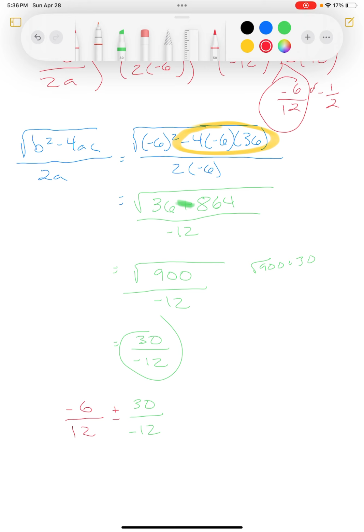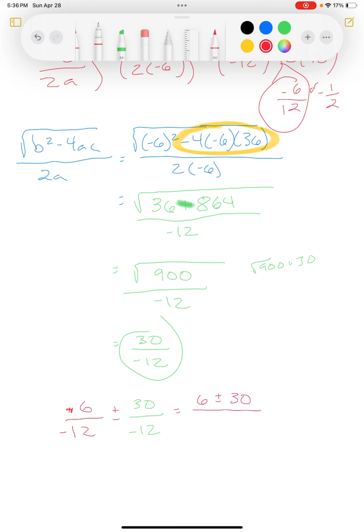Now, I have my negative sign on the top here. I'm going to switch that to the bottom, which again is irrelevant where that sign is, which allows us to do 6 plus or minus